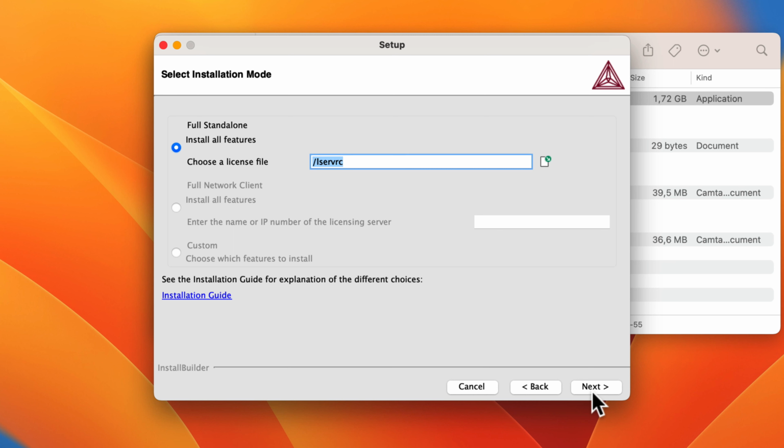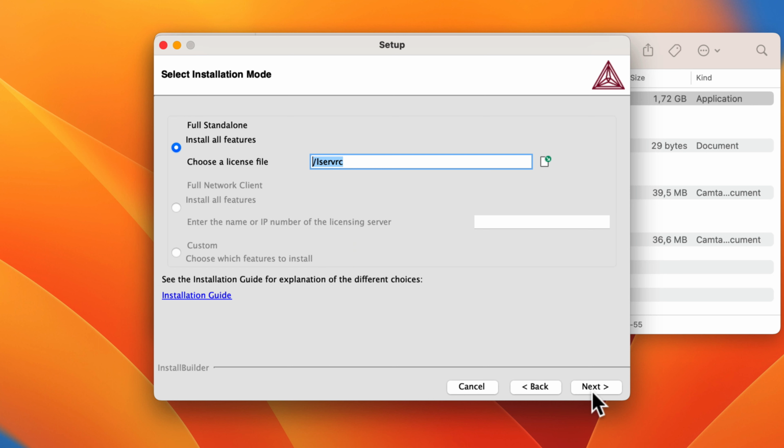Since this is a standalone license video, select Full Standalone, Install All Features. This will install all modules, databases, and SDKs, so you can choose this no matter what is included in your license. If you want to exclude components of the installation, you could choose to do a custom installation, but I will not cover that in this video.